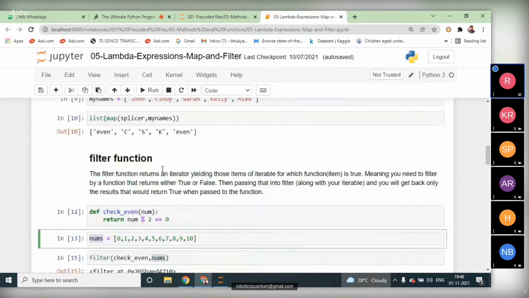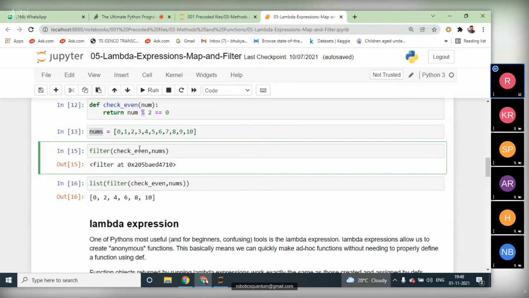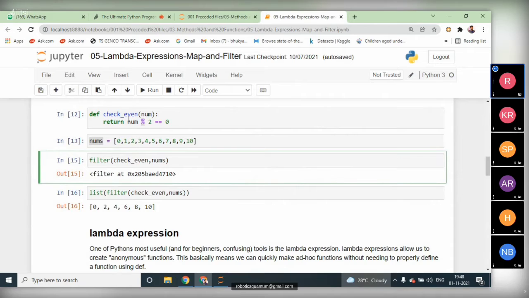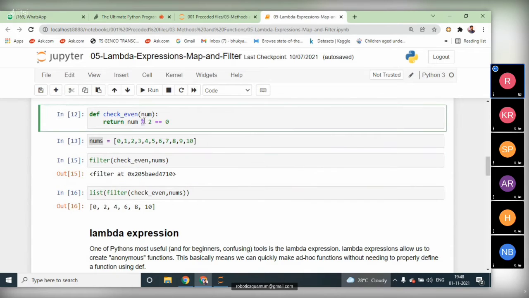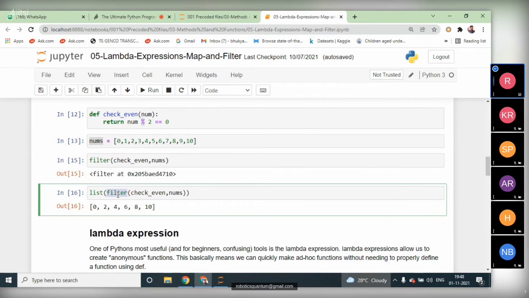Here we are filtering only even numbers, which means check even is returning only even numbers, which is held by the filter function, and that filter function result is held as multiple values. We are converting those multiple values to a list. Then we got this result.